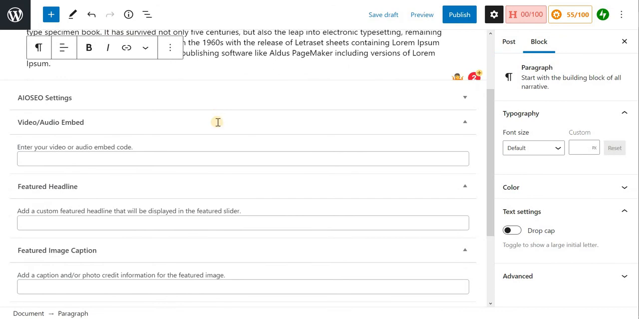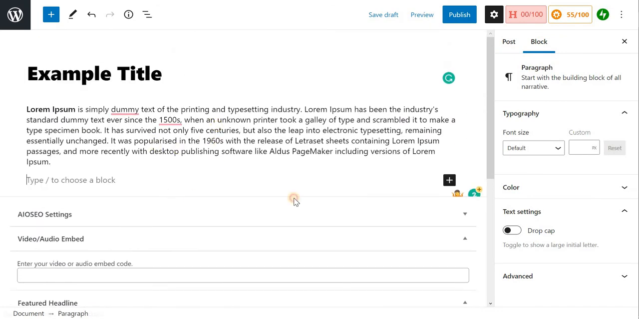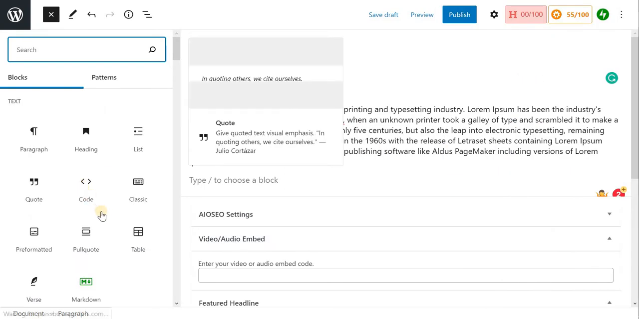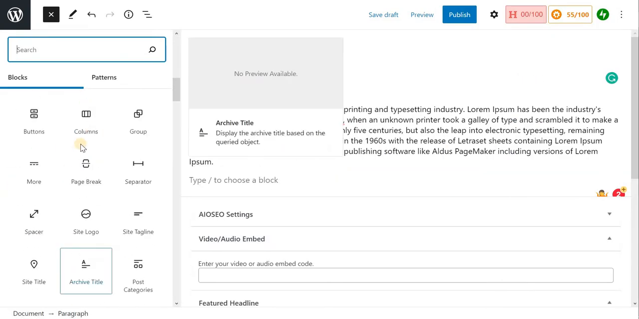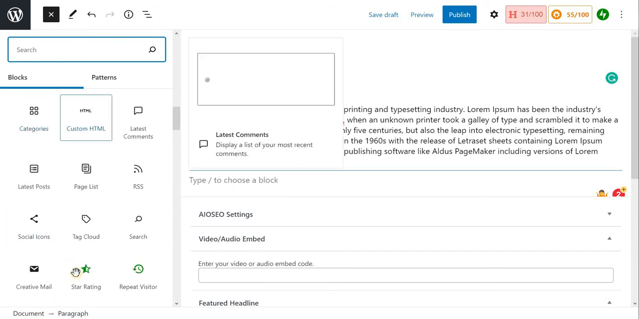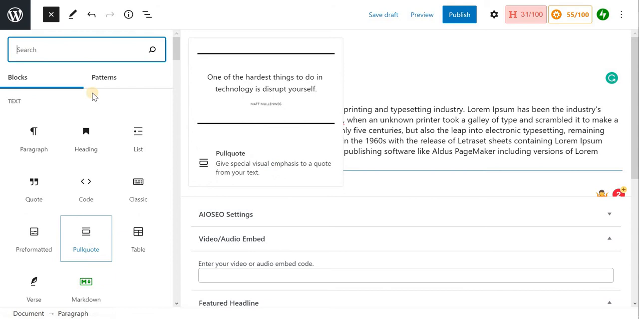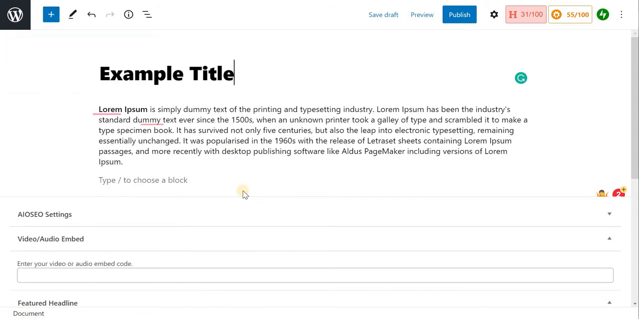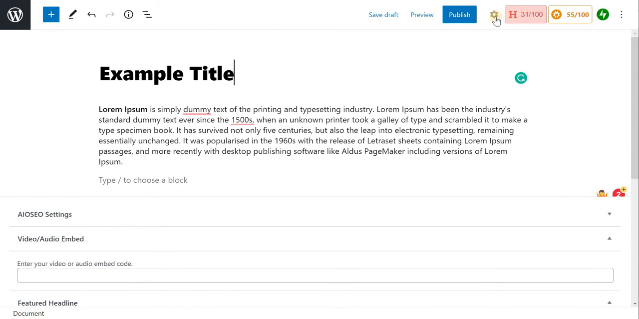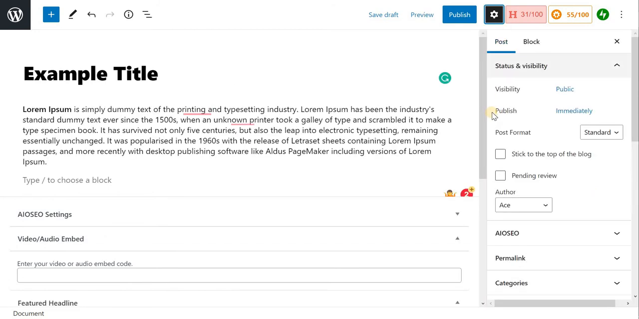Okay, you can add anything you like here: paragraph, image, gallery, video, heading. There are lots of things you can add. File, title, latest post, whatever you want, you can find here. Okay, in this gear icon you can see this